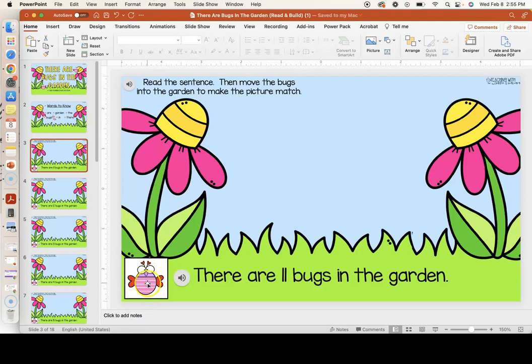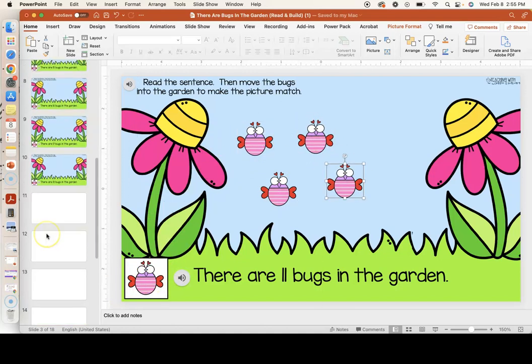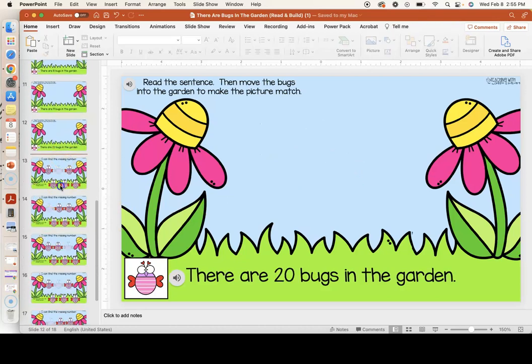But these also saved. So if you had anything movable in your Google Slides, they are still movable once you turn it into a PowerPoint. So even like these ending pages,